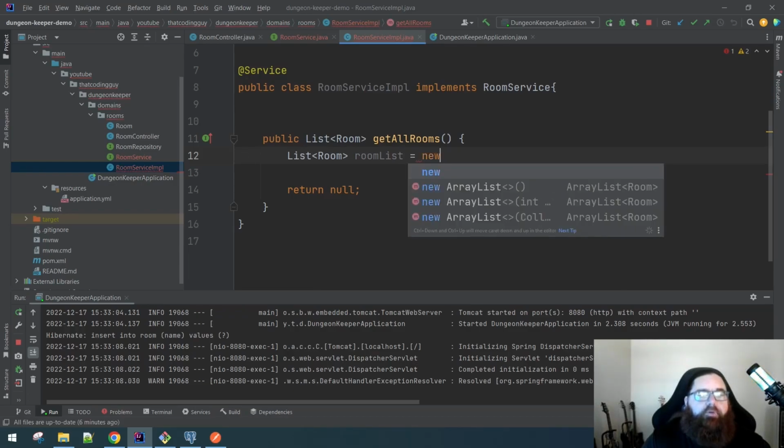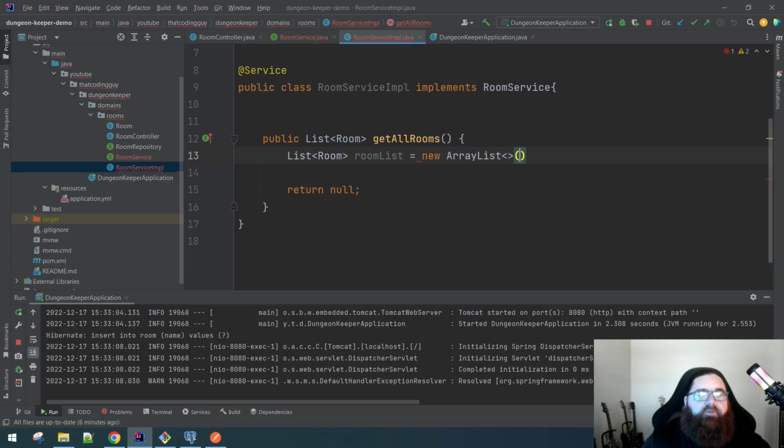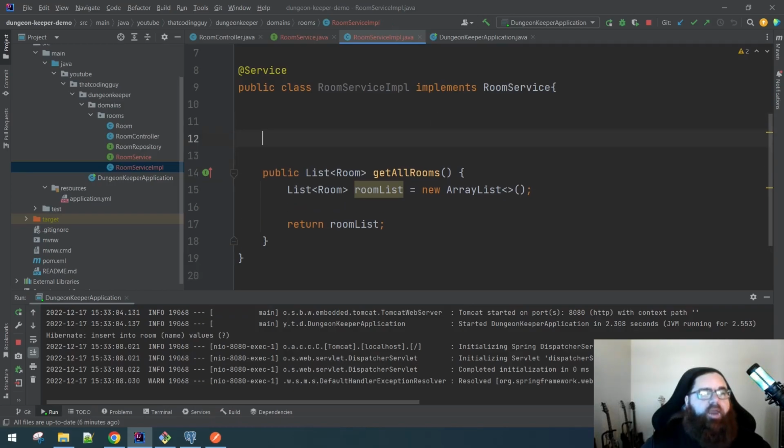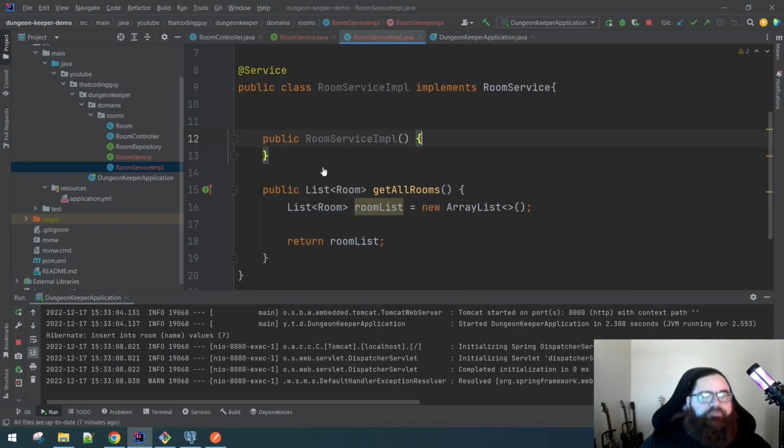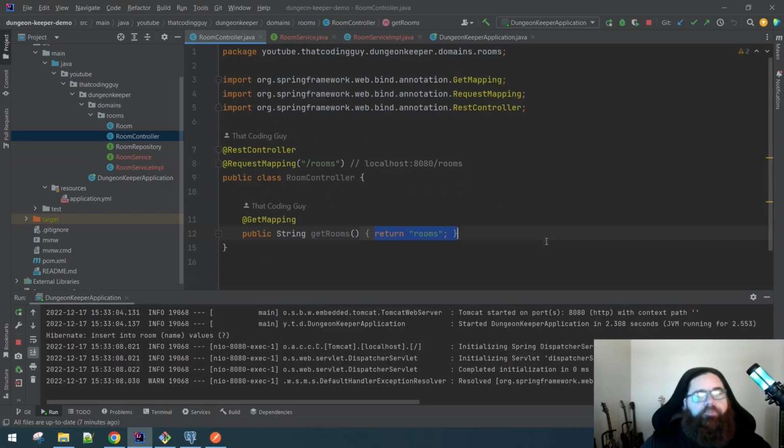Room list equals new array list of rooms. Cool. And I'll actually return this room list now. So this is just hard-coded. And what we can do here is go ahead and make a constructor. And right now that can be blank. That's cool. And now that we've got our logic set up, we can come over into the controller and actually